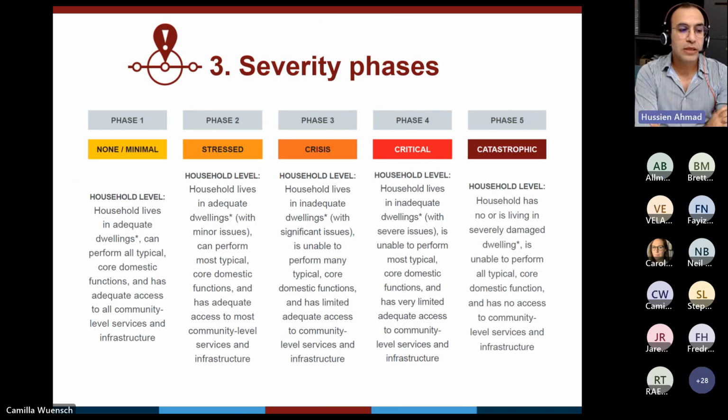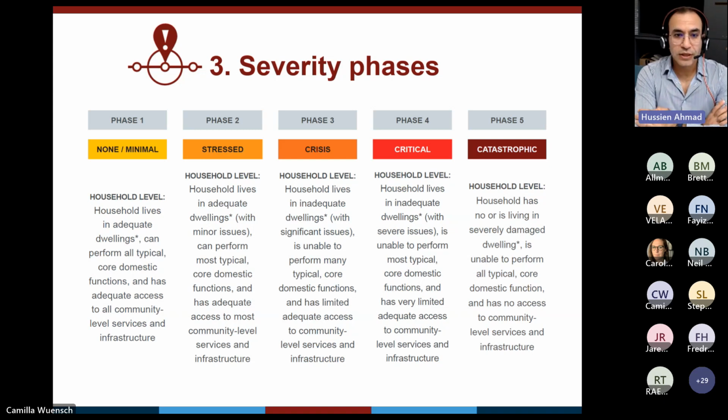We have adopted the same severity classification, the five phases adopted in the humanitarian community, to be more or less aligned with the JIAF, the Joint Intersectoral Analysis Framework. We see it from none or minimal to catastrophic. We have a unified distribution of these severity phases, like 20% each, a normal distribution. From minimal, where there are no shelter issues and people are able to practice their domestic life with fairly good access to infrastructure and services surrounding their shelter,